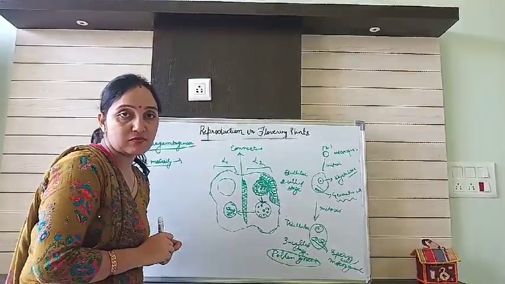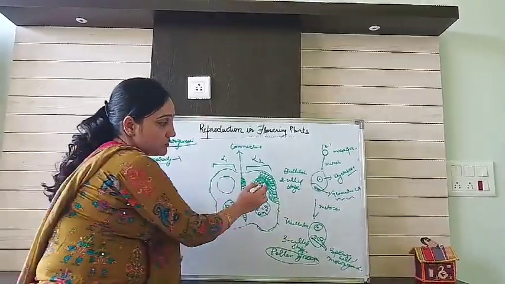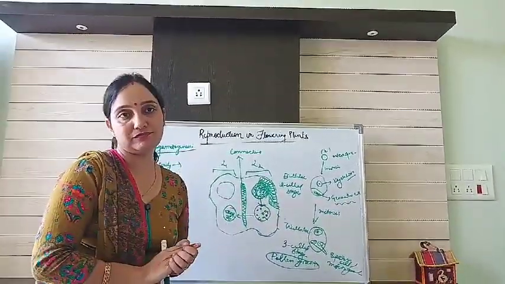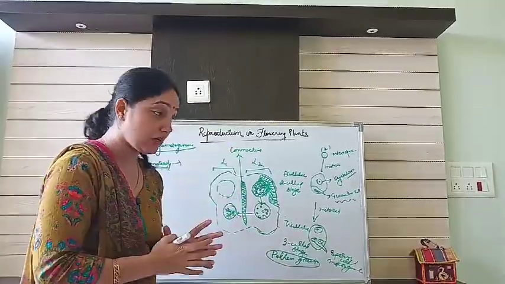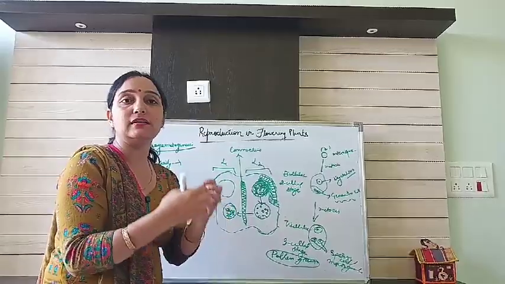Shedding starts. The walls, we studied 3 walls, start losing their water due to dehydration. Water is coming out, it starts shrinking, and finally the pollen grains